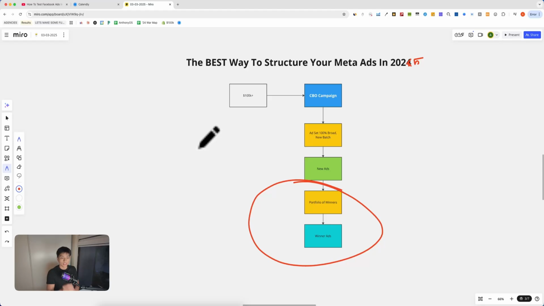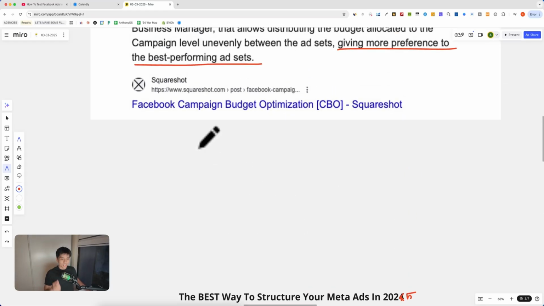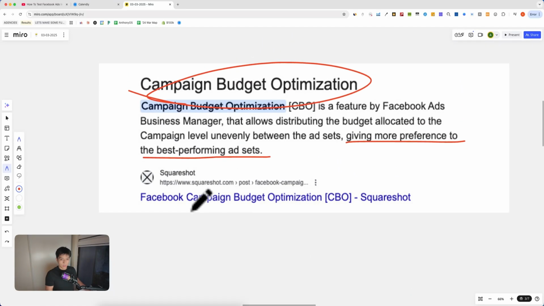that is how you test ads. And you determine whether or not an ad is a winner by whether or not it gets spent. Because if it gets spent based on CBO, and functionally it is always going to give the most preference to the best performing ad sets, then if you launch a new ad set that is getting more spend than your current winners, that means it is a better possible investment for your ad dollars and to improve your overall campaign's efficiency. This is how you can test ads without having to day trade in your ad account,